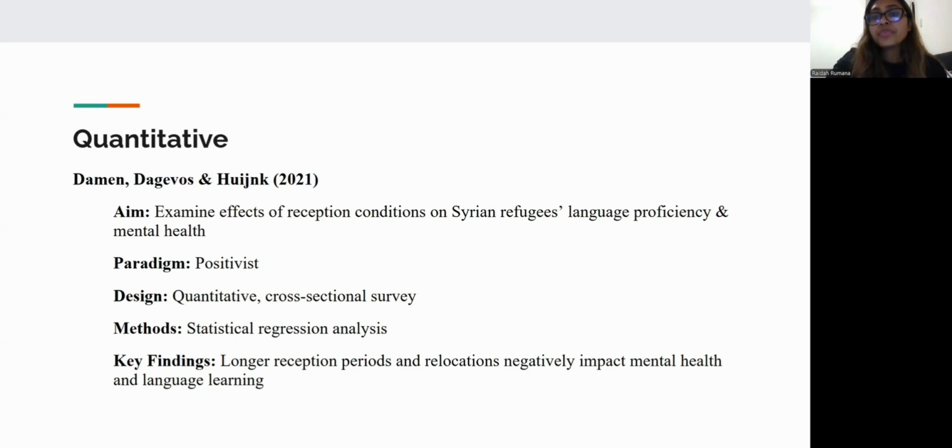They surveyed over 3,000 Syrian refugees in the Netherlands to study how reception conditions like time in asylum centers and relocations affect mental health and language proficiency. The findings show that unstable reception environments harm both well-being and learning outcomes, highlighting the policy implications of structural factors.